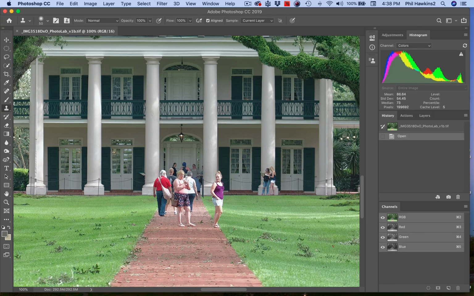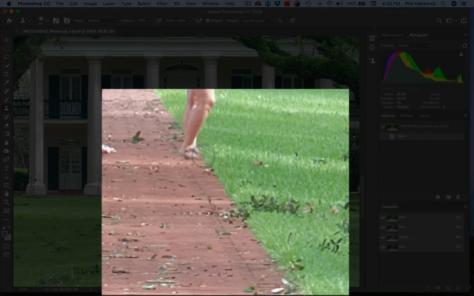Let's go ahead and just begin, and what I'm going to do is come to this area right here, and the way the clone stamp tool works is that you hold down the Alt key, and you'll see the icon change right there on the brush, and this is our sample point. So we click, then we let go, and then we come up, and we line this line up right there on the edge of the sidewalk, and we'll get rid of the girl's foot,